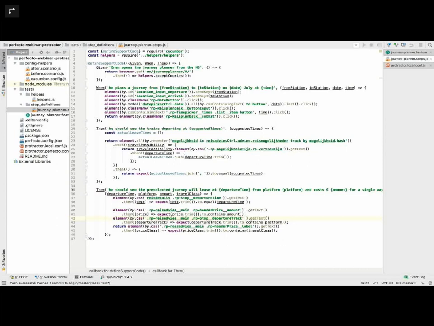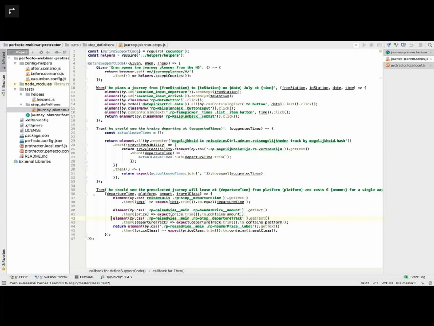Basically, the most important part of what we're doing here with the automation is the interaction with our screen, and we can find it in the second step here. This is the when. In the when, you will see the interaction with the elements. We have an element we can find by an ID, location, input, departure, and we say we want to go from a station. In our case, we want to go from Amsterdam Airport. We're going to send data to that input field. And we have the input arrival, that's the to station, and we're also going to Utrecht, so we're going to